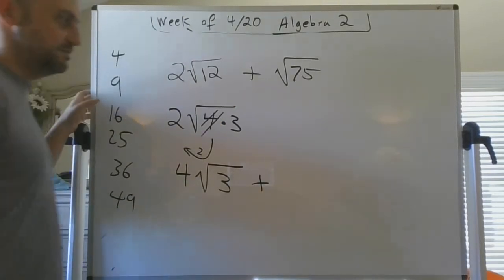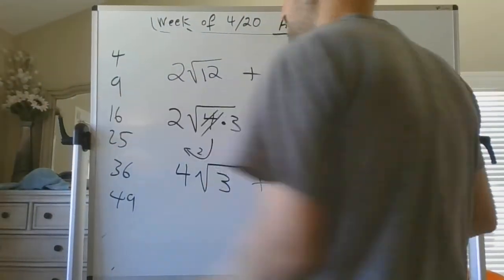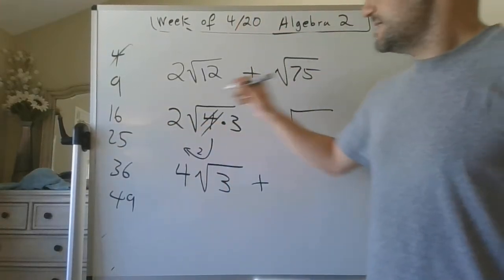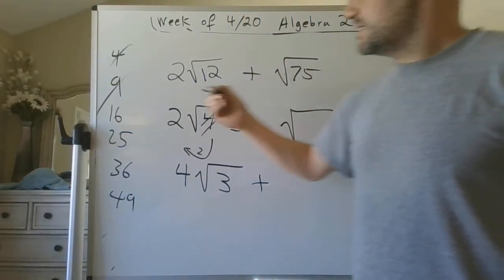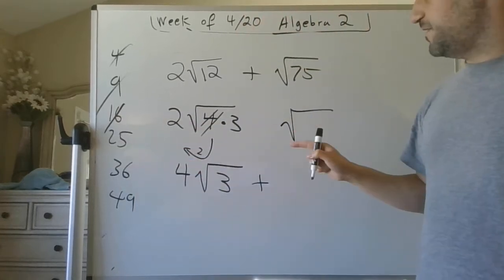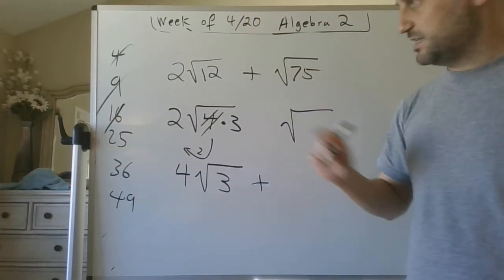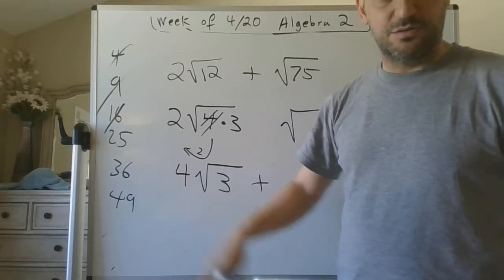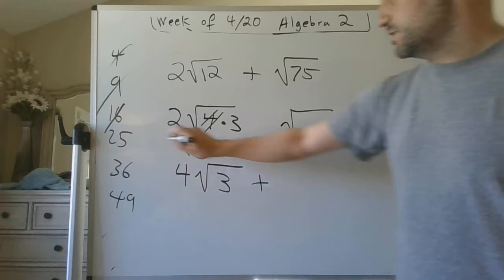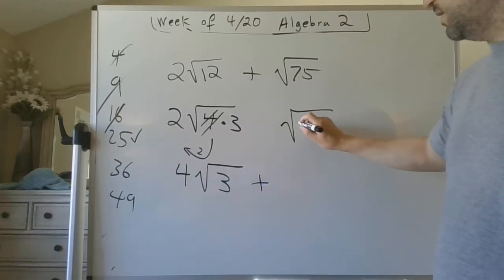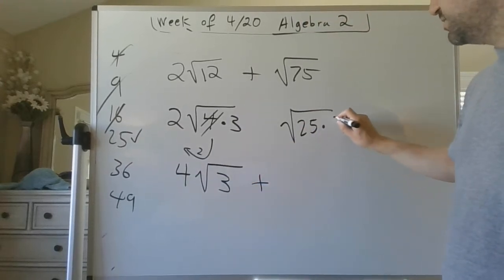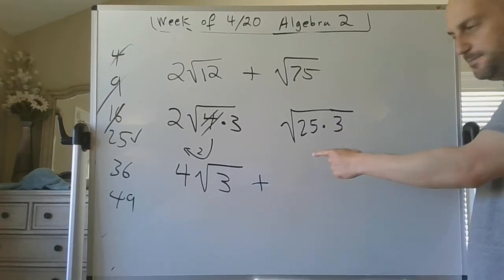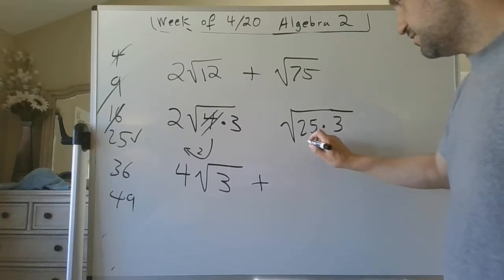Now let's look at 75. 75 is going to be what times what? 4 does not go into 75. 9 does not go into 75. 16 does not go into 75. 25 does go into 75. Is there a bigger number than 25? I mean, 36 doesn't go in. 49 obviously doesn't go in, and that's already too big. So I know 25 goes into 75. So it's going to be what? 25 times 3. Great. Which one of these is a perfect square? That should be 25. 25 comes out